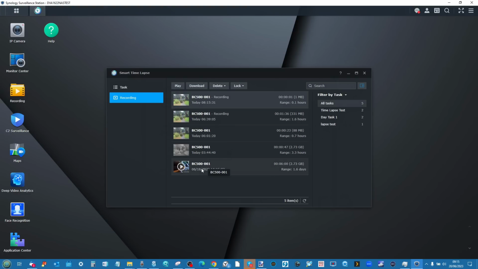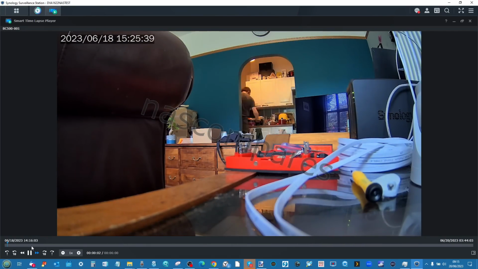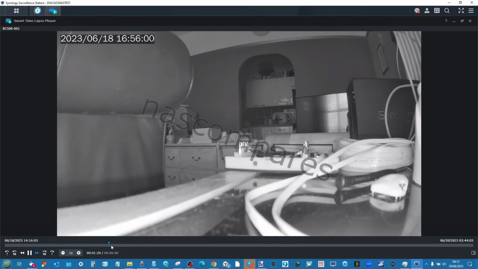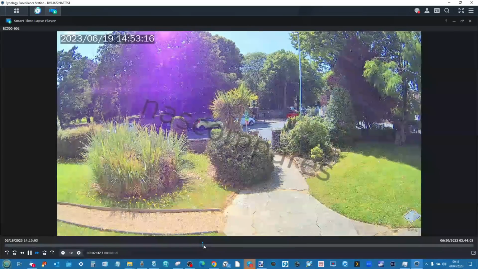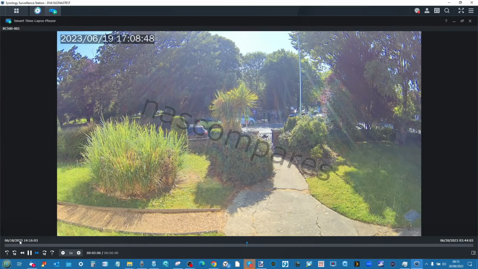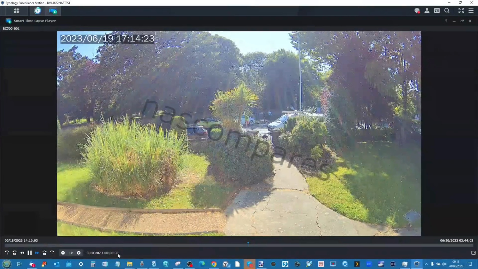Now, luckily I've already made a bunch of recordings. So for example, this is 1.6 days of footage that has been compressed into 6 minutes. And this was when I was setting the Synology up for the cameras the first time. And we can skip in between this and overnight. There was when I was setting the camera up outside for the first time. And again, it's fast forwarding through well over a day of footage and has compressed it into just 6 minutes